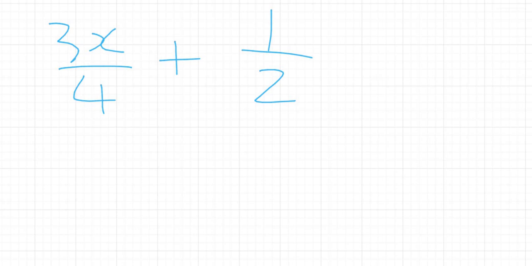What we could do is try to change this denominator so that it is the same number as this denominator. If we have two fractions that share the same denominators, then we can just do it the regular way that we know. So what I could do is multiply this fraction here